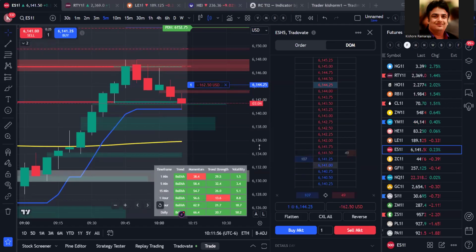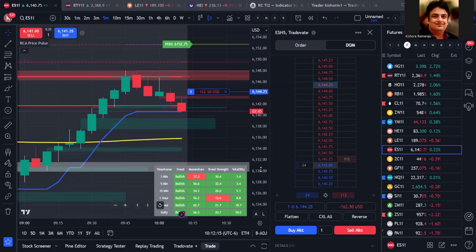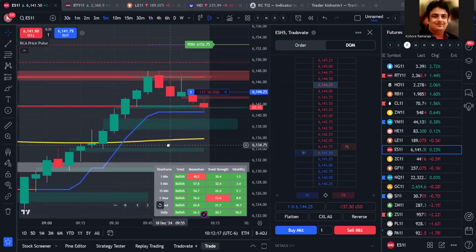So today I'll explain each of the indicators and then we'll use them in the live session. One of the most important indicators which we use is price pulse. Because basically, the entire industry moves